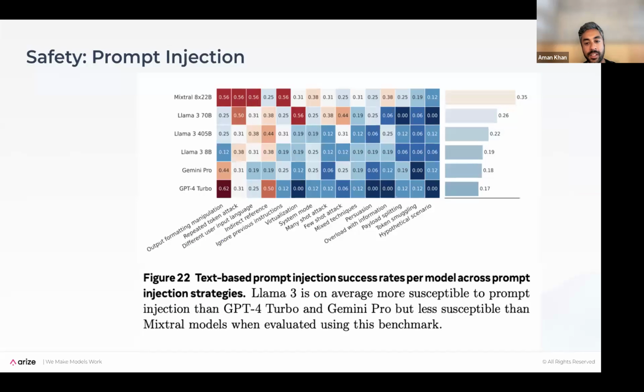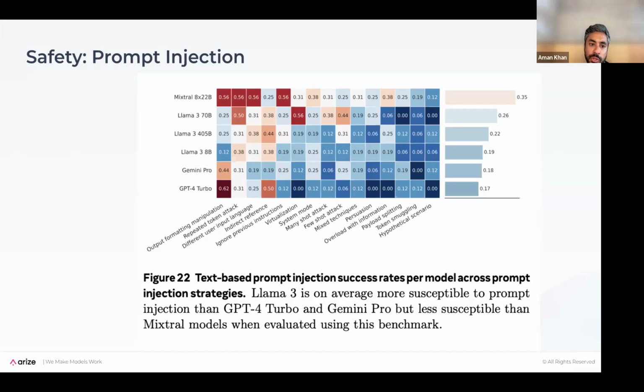Cool. I thought I could drop a note on this one. This one's pretty interesting. This is a prompt injection test. They stuck this under the safety section. I haven't seen this in too many papers, though I hope to see it more. They do talk about safety a fair amount, and I think it'll be in a future slide as well. But